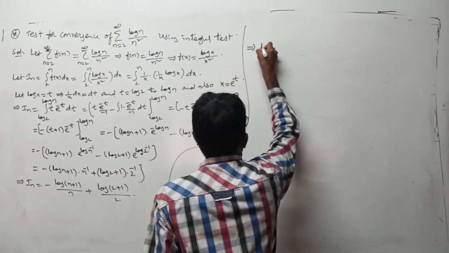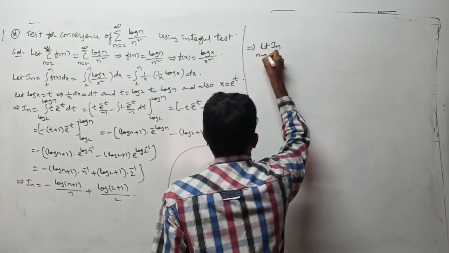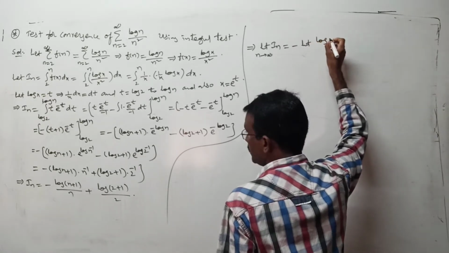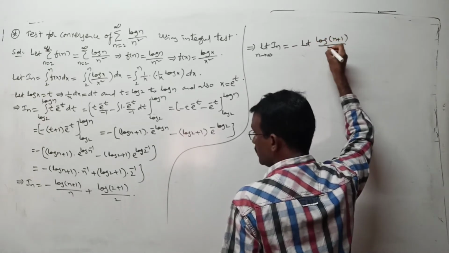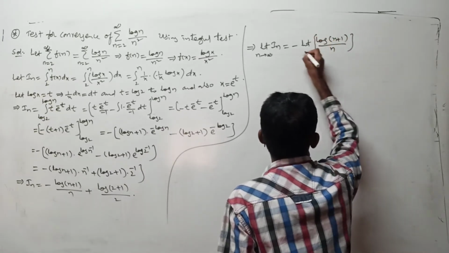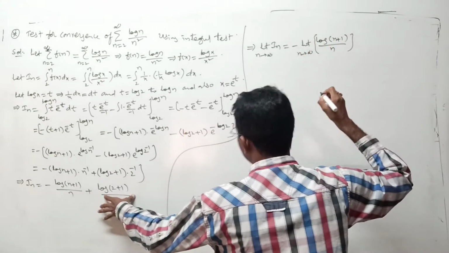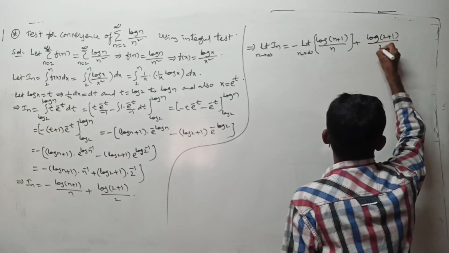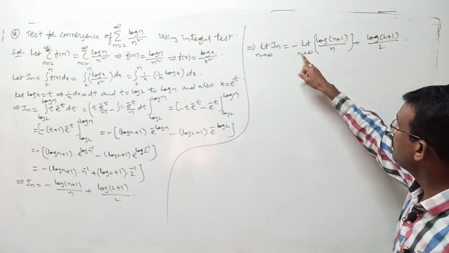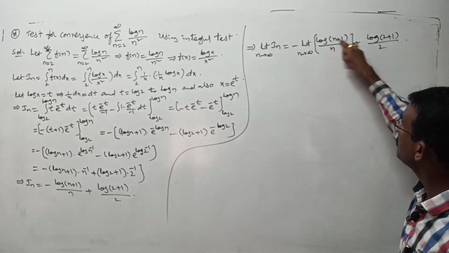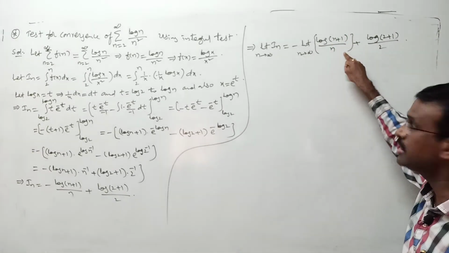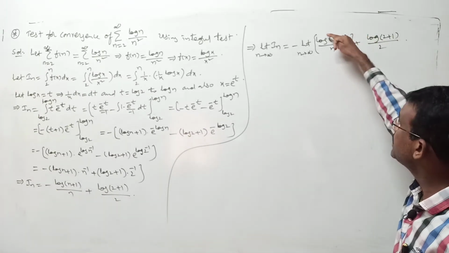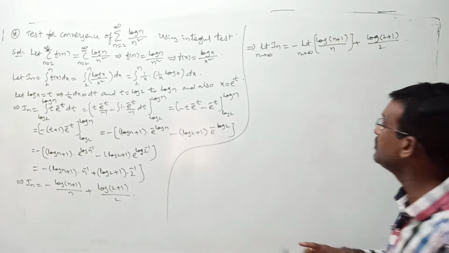This implies limit in n as n tends to infinity is minus limit of log n plus 1 by n as n tends to infinity, which is one term. Limit of this constant number is what? That constant number itself, it is log of 2 plus 1 whole by 2, right? But here, as n tends to infinity, this numerator tends to infinity, and the denominator n also tends to infinity. Infinity by infinity you got, that's why use L'Hospital rule there. What is that L'Hospital rule? Differentiate numerator separately, denominator separately, and then use the limit condition.